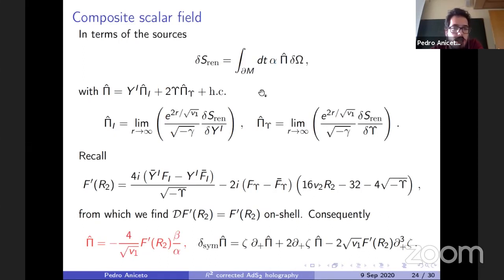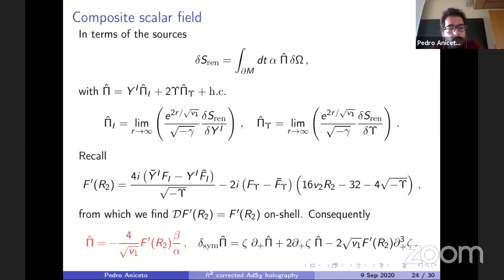The procedure is still the standard one. This is just the renormalized variation of the scalar y field, and this is the renormalized variation of the epsilon field. And now